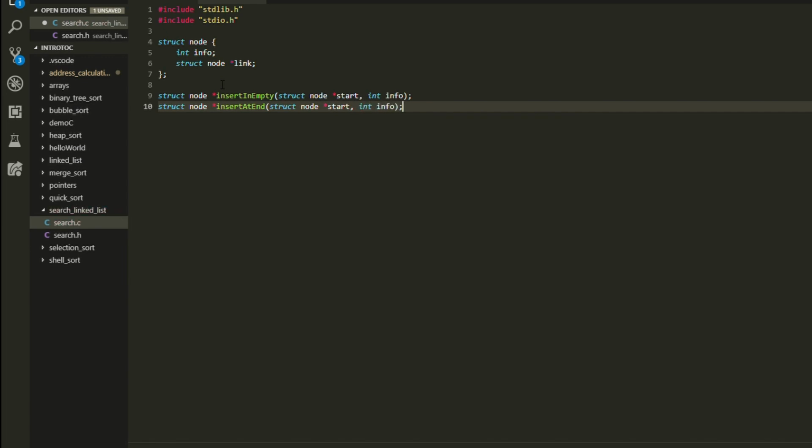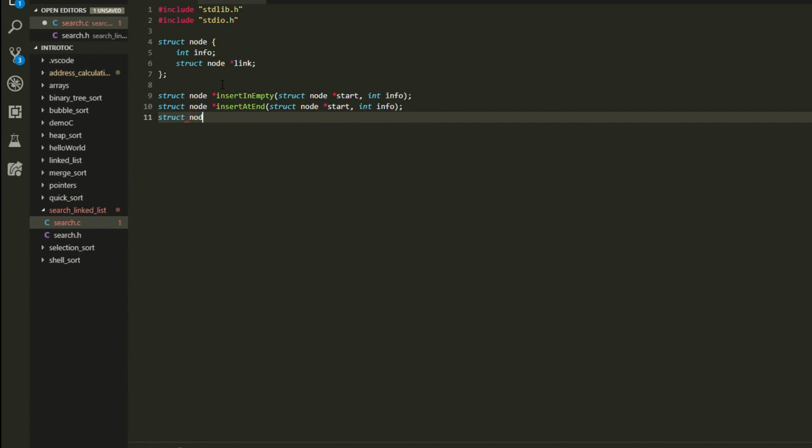These look really similar, and the only difference between these functions, I guess these really could be combined into just one function where there's just something that checks a condition. Maybe at the end of the video I'll show you guys how we can modify that, but one has a loop, one doesn't. And then we need something that will create our list. Struct node create list, struct node start,